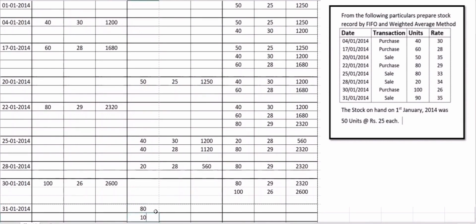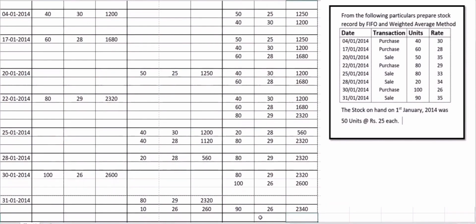So 80 units at the rate of rupees 29, that is 2320, and 10 units from the second lot at the rate 26, that is 260. After issuing 10 units from the second lot, we will be left with 90 units at the rate 26. So the closing stock on 31st January 2014 is 90 units at the rate 26, that is rupees